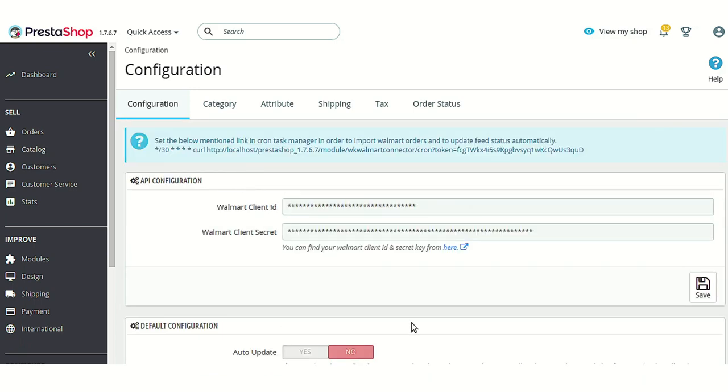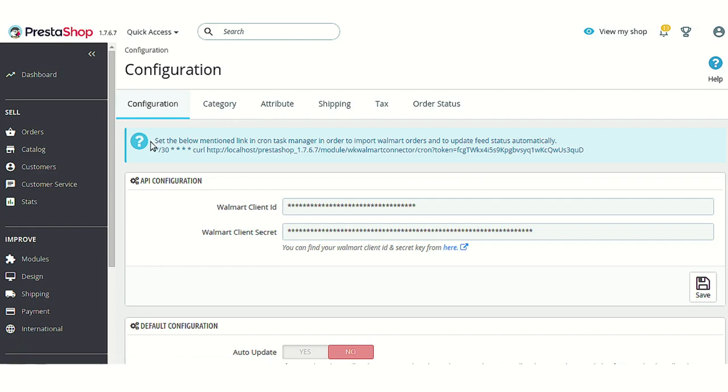For now, we cannot save the keys because we are using a live key, and any change while recording this video will create a change on the Walmart end too. So just for the explanation purpose, I am not saving any details, but I'll explain the significance of each option one by one to make things very clear.